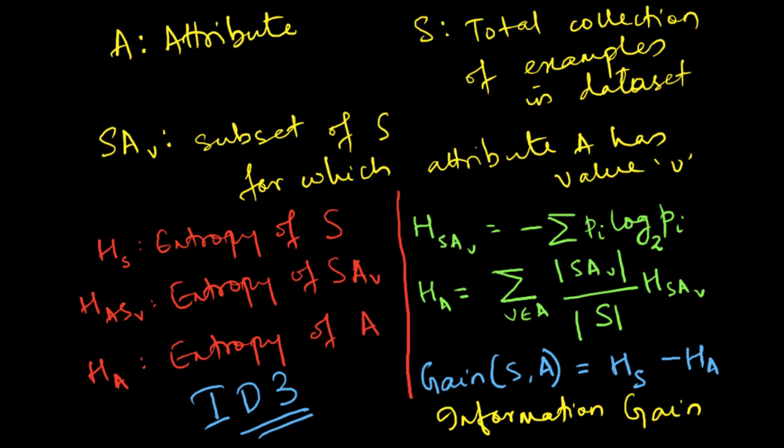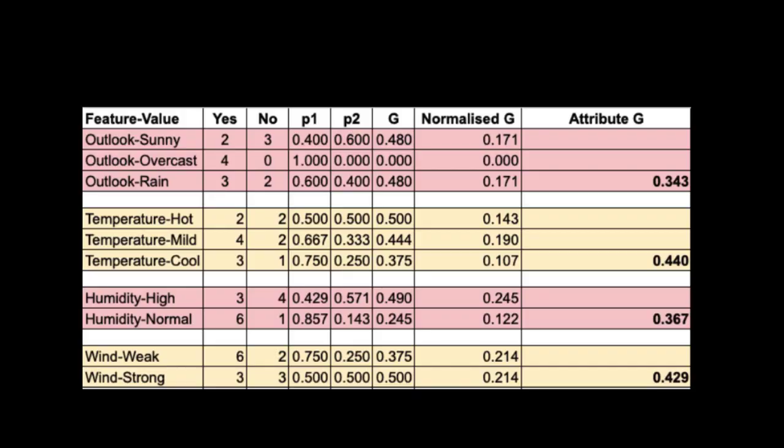But one problem with this method is that this computation of logarithm is somewhat expensive. If you have a small data set, it doesn't really matter. But if you have a large data set which has lots of features, lots of different outcomes, then computing logarithms many times will slow down your classification process. So in order to speed up your calculation process, what you do is you use this thing called the Gini index,